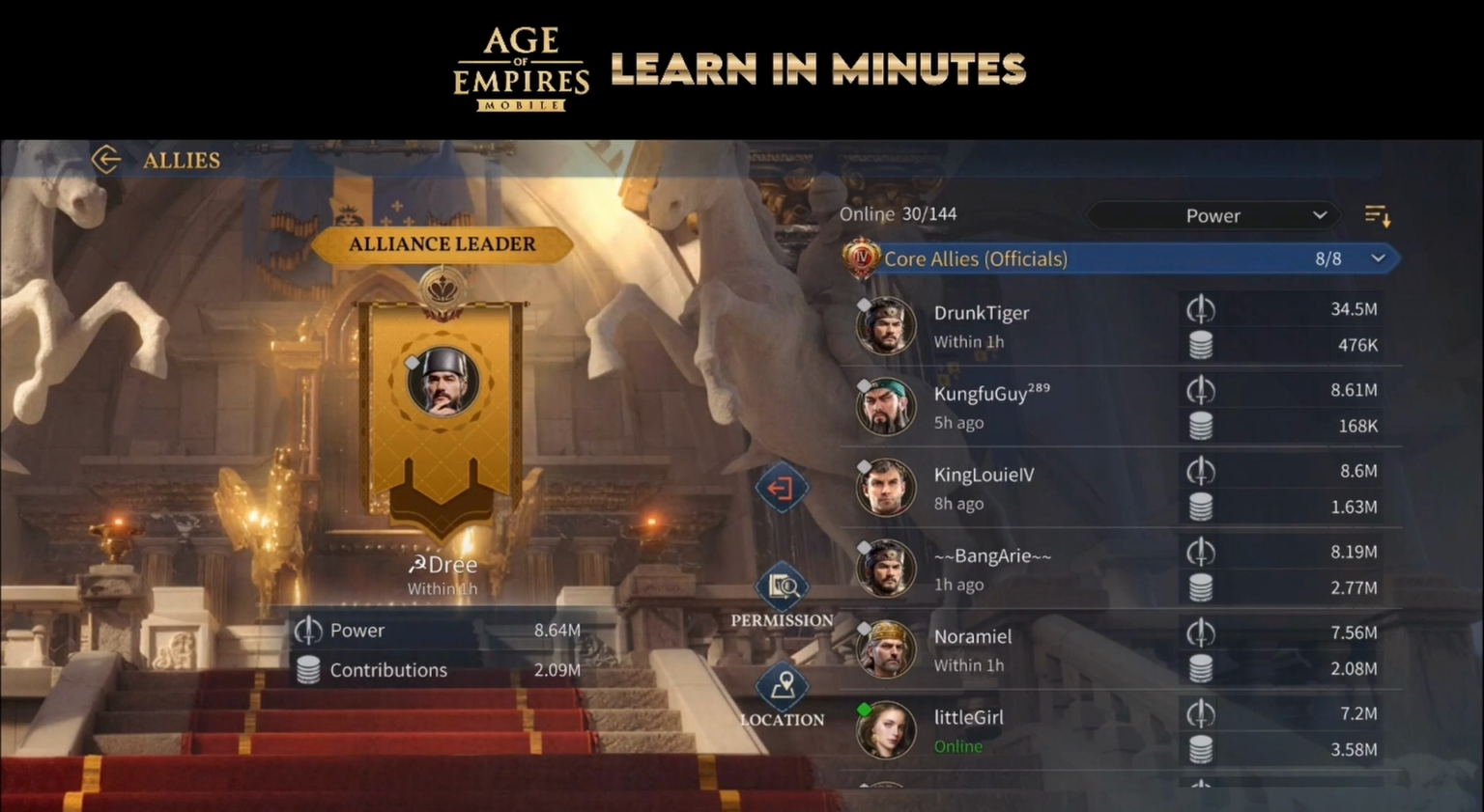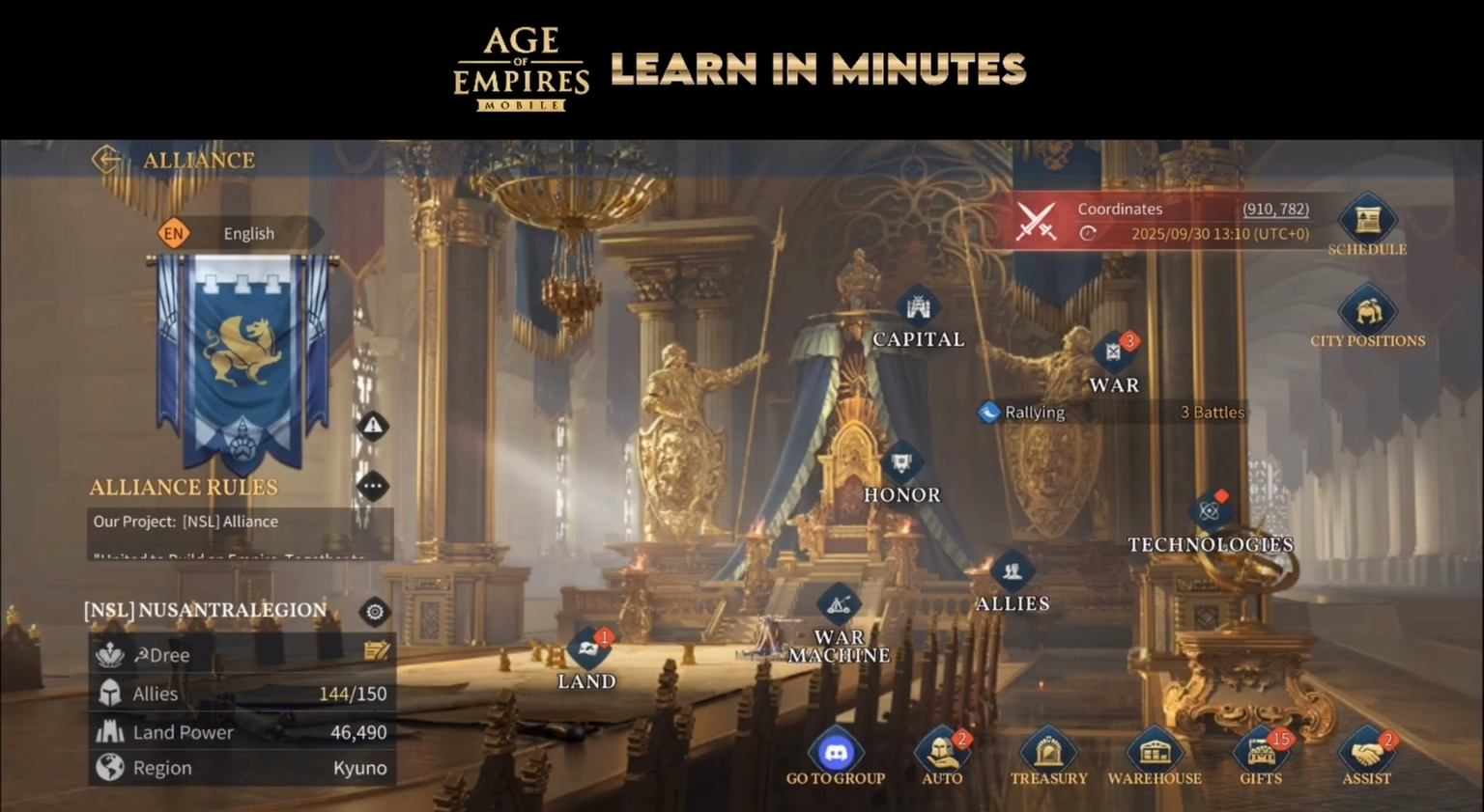So that is very, very important. Of course, with the alliance side of things, as I mentioned, there will be a lot of things that you can see in there. So this is what it looks like from Age of Empires perspective. Let's go and have a look at what that looks like from an Evony